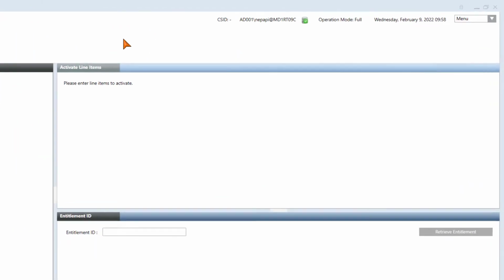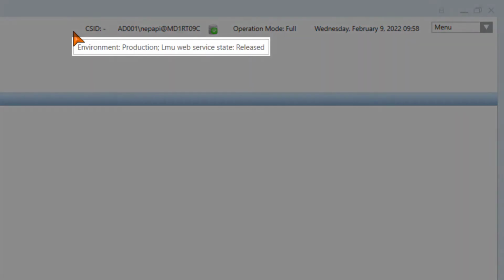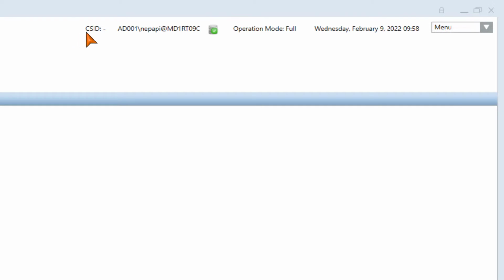In the title pane, you can see that the LMU status is white, meaning officially released and allowed for productive use. When we move the mouse pointer over this area, we get the corresponding feedback via tooltip. There is no customer site ID number visible for the following reason. Until now, there is no license activated with a CSID enforcement.